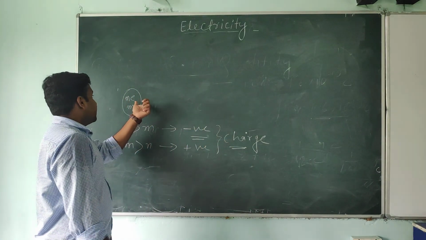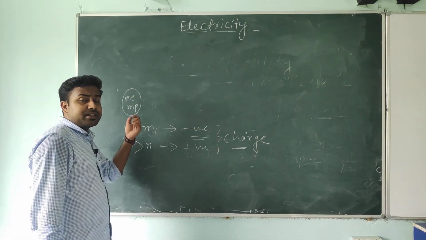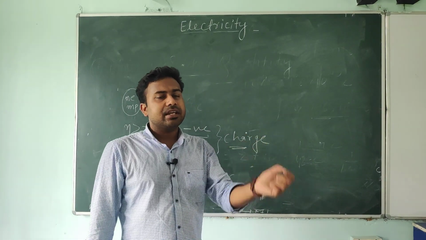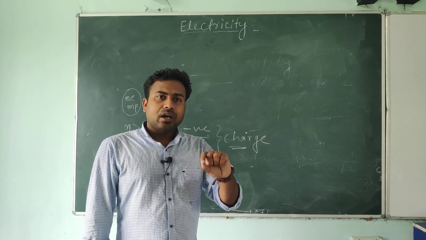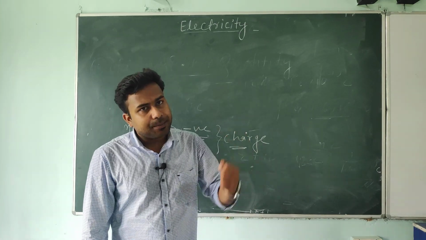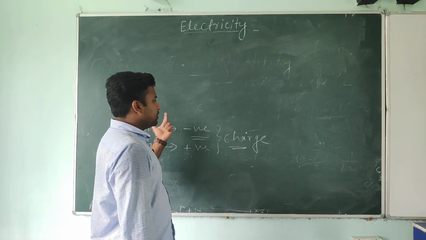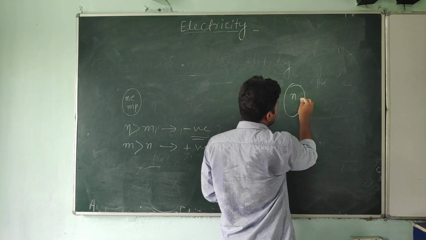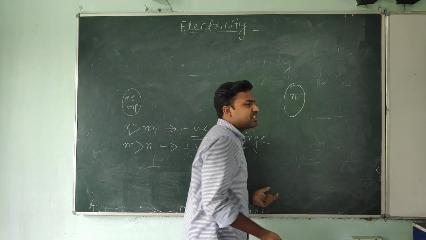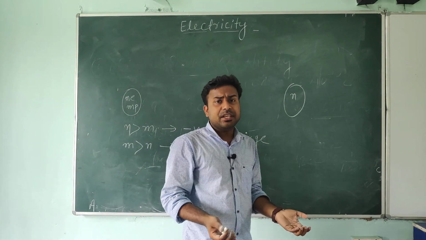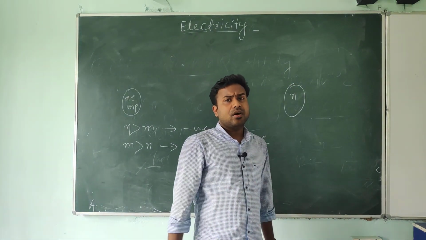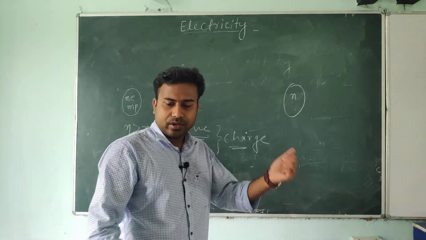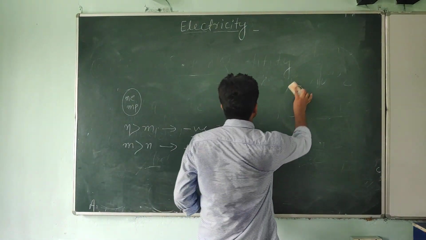It means if any particle has charge, what does that mean? It has electrons or protons, and if it has electrons and protons, it means it has mass. But that is not true vice versa. Like if a particle has mass, it has electrons and protons, but they can be similar in number, or the same number of electrons and protons. It means that particle doesn't have charge. Okay, now you understand.